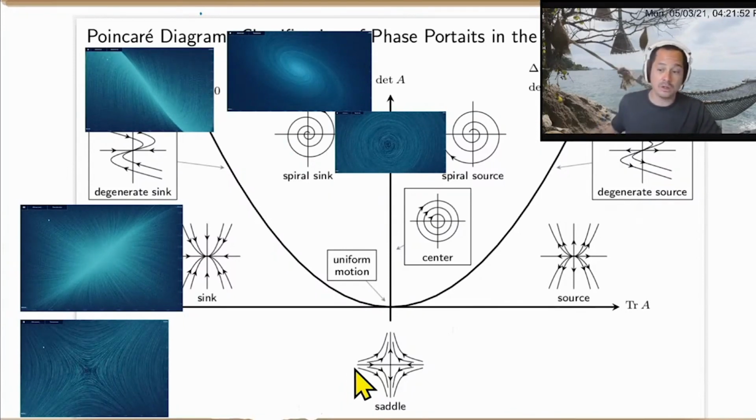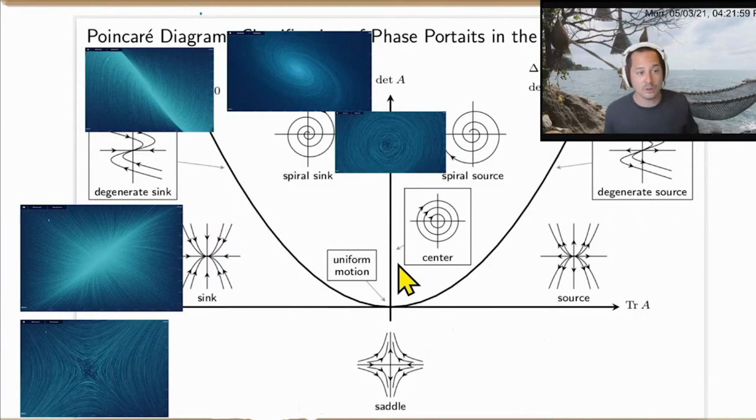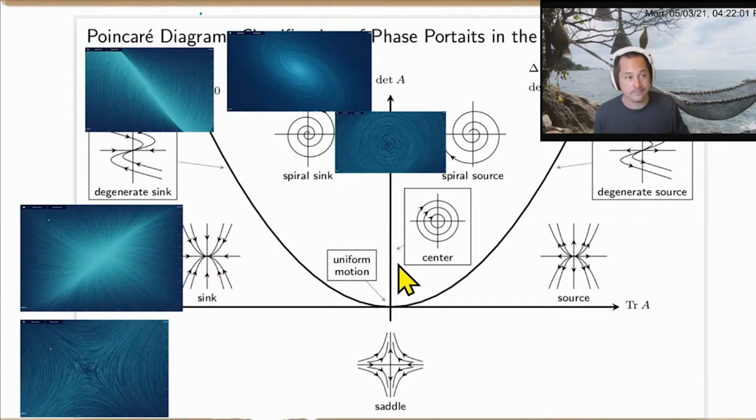What we need to know: determinant less than 0, saddles; quadrant 1, sources; quadrant 2, sinks; break line in between, centers. Why do we want to know that stuff? Well,